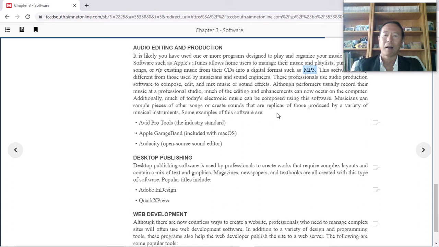But should that be copyright protected? Then you are committing copyright infringement. You're against the copyright. They only guarantee the technical side. They don't guarantee you the legal side. Then that's your decision. Some videos there are not copyright protected. Then you can feel free to download them. But once you download, you need to have that tool. You pay money for that tool, then you can download. They show you the industry standard, the Avid Pro Tools. Apple has their own tool, GarageBand, and there are open source tools for sound,